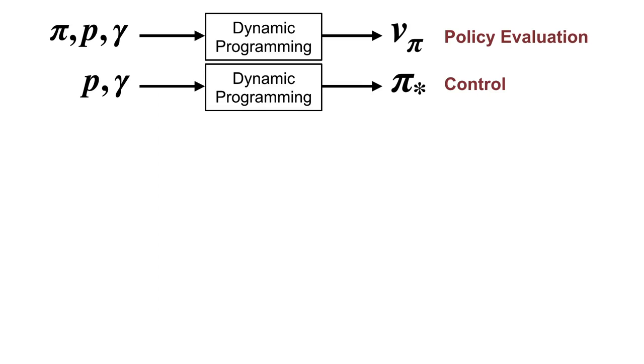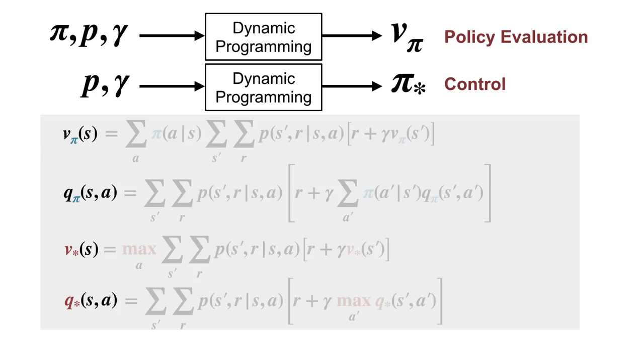Imagine we had access to the dynamics of the environment, P. This week is all about how we can use this knowledge to solve the tasks of policy evaluation and control. Even with access to these dynamics, we'll need careful thought and clever algorithms to compute value functions and optimal policies. For the next several videos, we will investigate a class of solution methods called dynamic programming for this purpose. Dynamic programming uses the various Bellman equations we've seen, along with knowledge of P, to work out value functions and